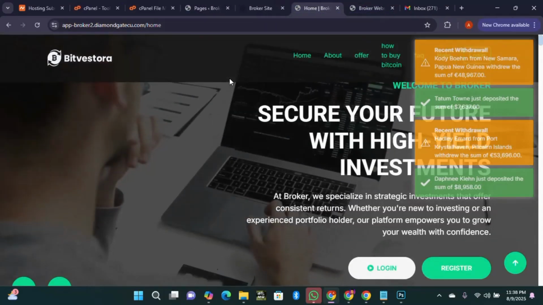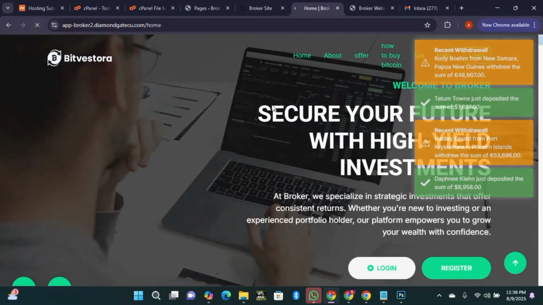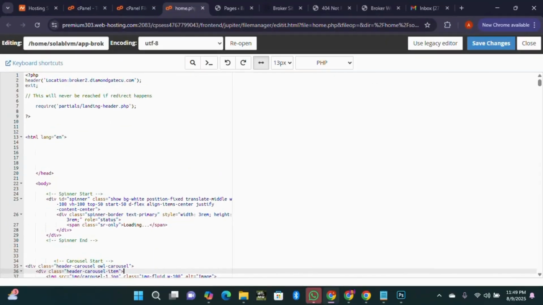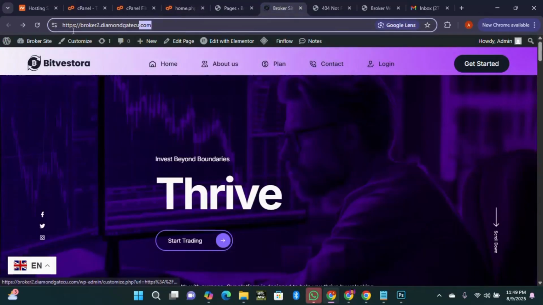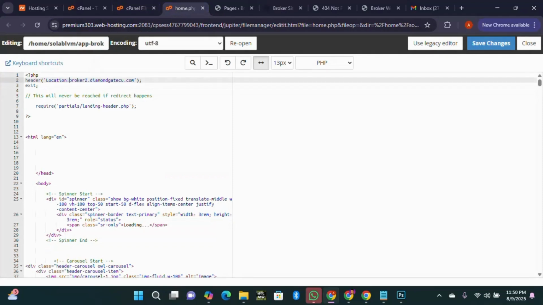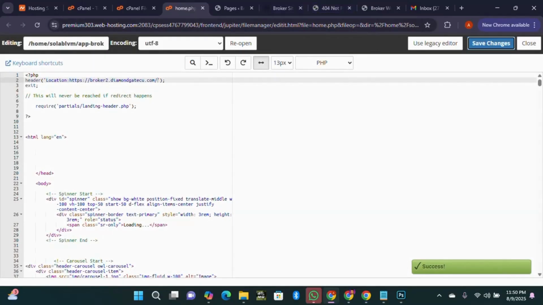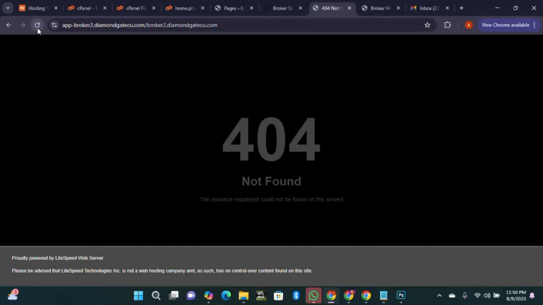So this place now, you can see it's still here. If you reload this page now, it will force a redirect to this page. Oh, sorry. For it to redirect correctly, we have to include our HTTPS. Sorry about that. So we put our HTTPS right here, and once we put it, save. It should redirect to the site now, because the site is on another site. So you just have to redirect to the site. Once you reload,